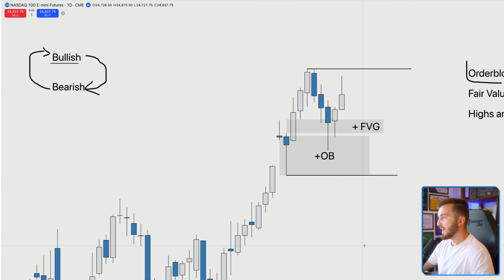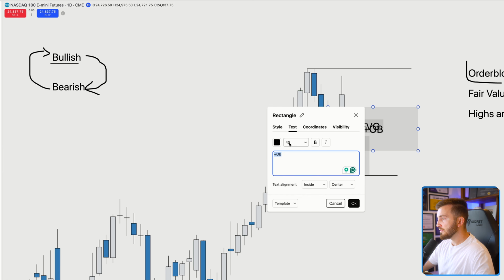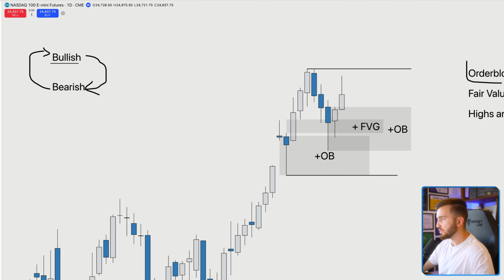And before I show you what happened on the next day, I want to show you one more thing. Notice how we had this impulsive move to the upside, and we know that on a bullish trend, every single down close candle is an order block. So right now, we have created a new order block because the market has closed above it. So this is now another bullish order block that the market is choosing to respect. And so on the next day, the market comes towards the order block and moves bullish. So once again, if you would have entered in longs on this day, you would have won. So right now we are 3 for 3 on daily bias.